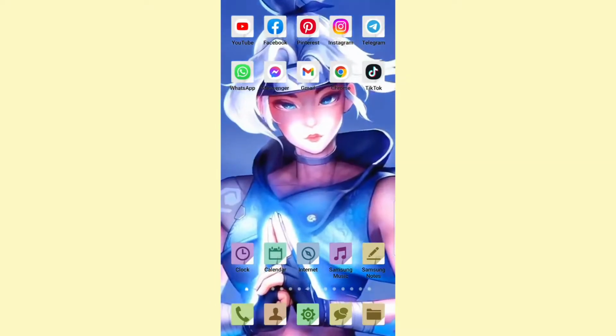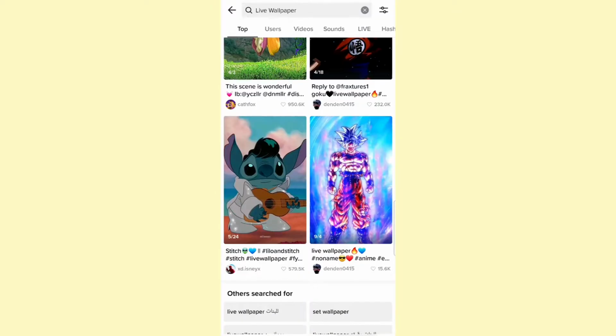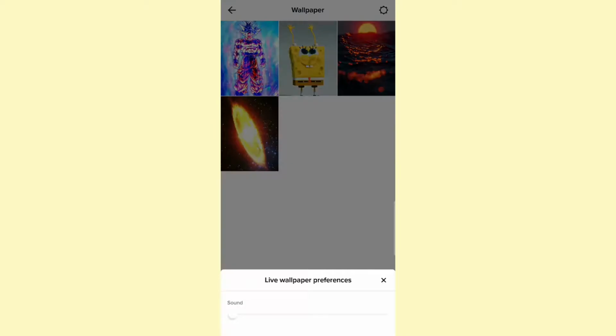So let us go back to the wallpaper section so we can figure everything out. Here you will find the wallpaper that you have downloaded. You can also click on the button at the bottom that says find out how to set wallpapers for extra information. And the settings gear icon at the top right is the sound option, which you can turn off or